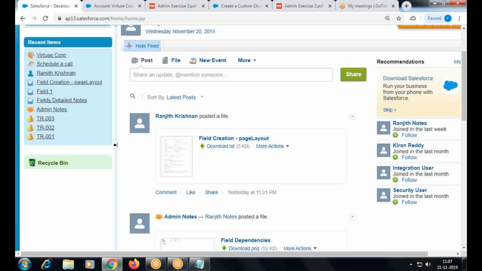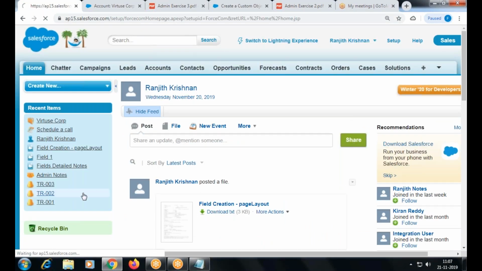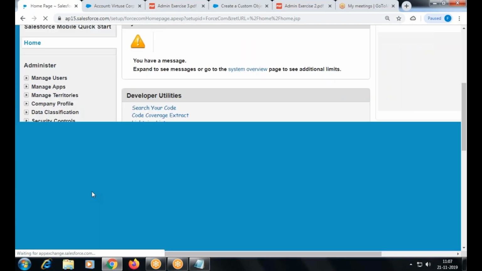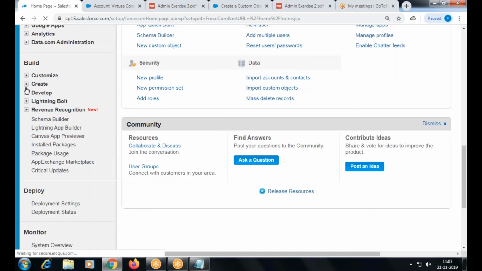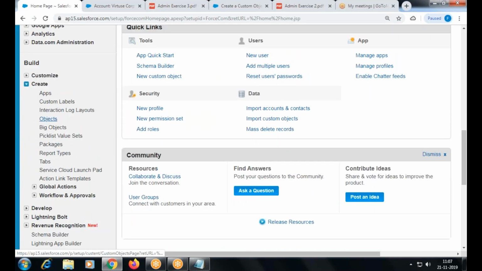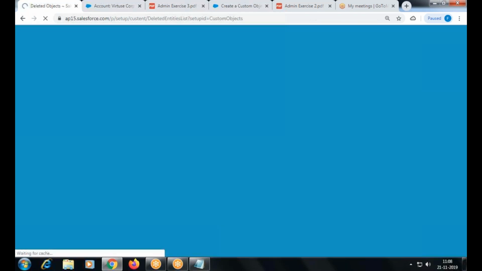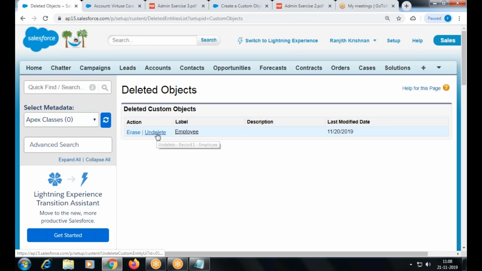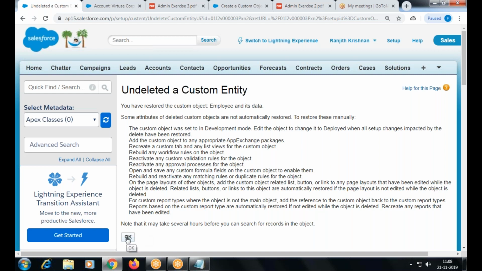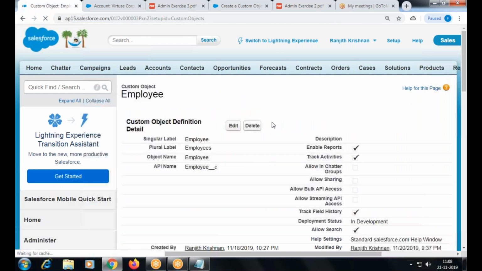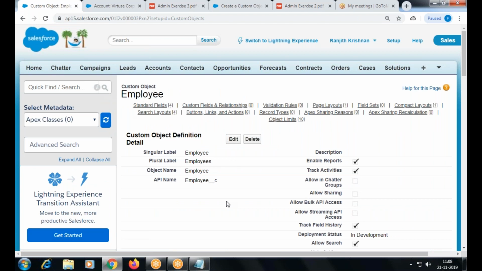Got me? So what about the object? Objects that are deleted are available under the object page itself. Objects, here. Okay, we go here. Undelete. Erase, what will it do? Permanent deletion. You cannot recover it back. Okay. So undelete will not only restore the object, it will also restore all the data from the object. When you delete an object, what will happen?